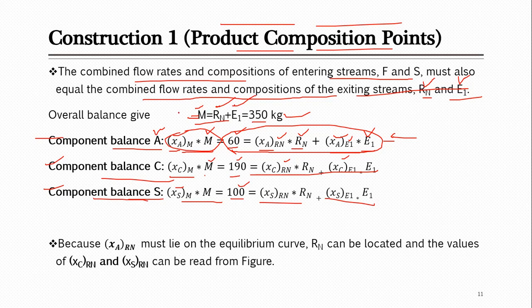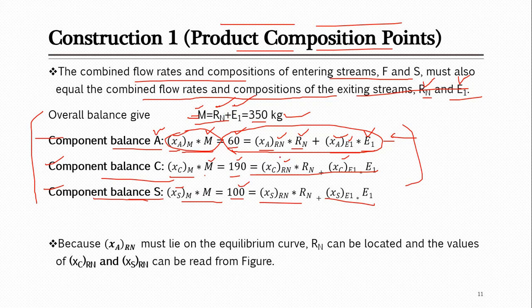So the other way was that I wrote these equations so that I can find these compositions. But you see here that it's not possible to solve the equations. Why? Maybe you will be thinking we can solve these, as there are only 4 equations. Just look at them: these are 3 component balances and 1 overall balance. Here we have 4 equations, and there are many variables.